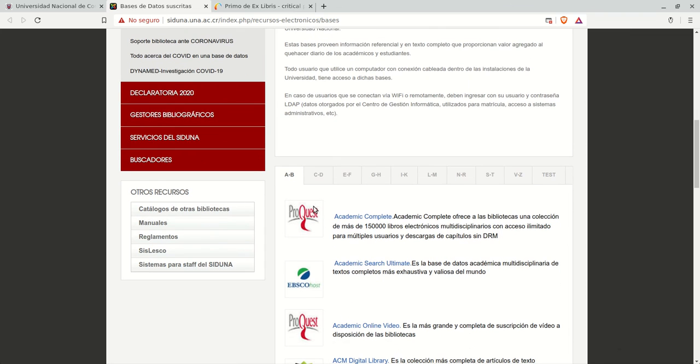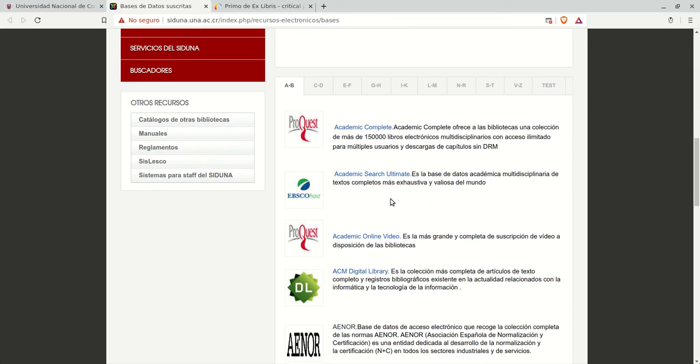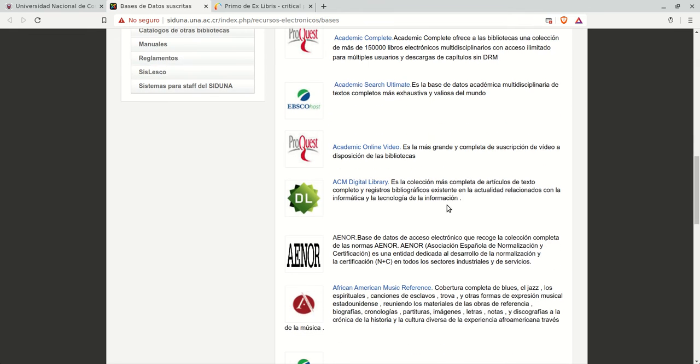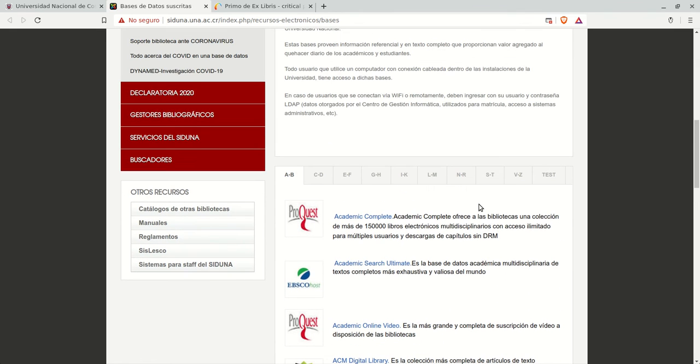and here we have various databases, and they are arranged alphabetically. And I'm going to show you the ones I normally use, because we have very specific databases. For example, ones having to do with agriculture, architecture, business, and so on. So I'm going to show you the ones that usually have information related to education, language teaching, pedagogy, and so on. So first